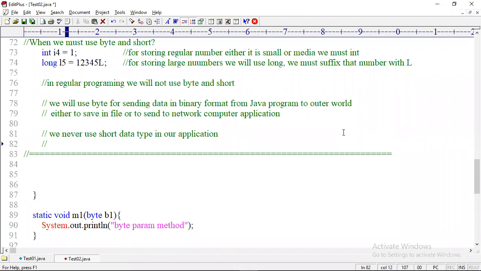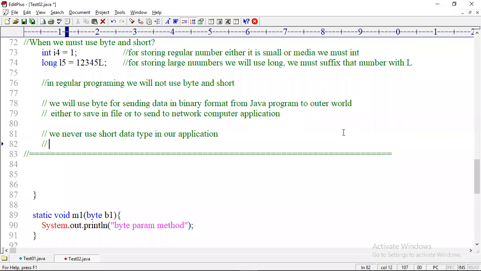2 bytes data, 2 bytes range data. If you strictly want to store 2 bytes range data in your program, then you must use short. In earlier days we had something called processors. Processor level data is fixed, 2 bytes range only.